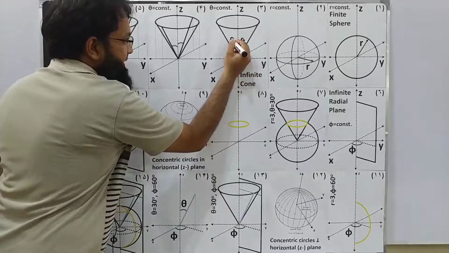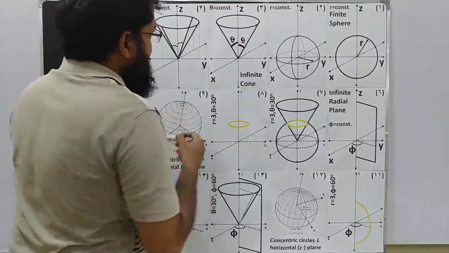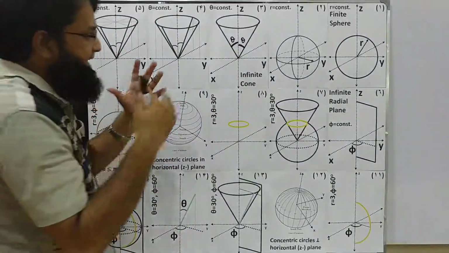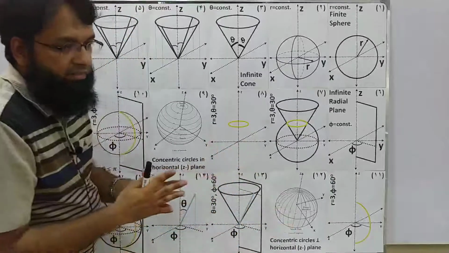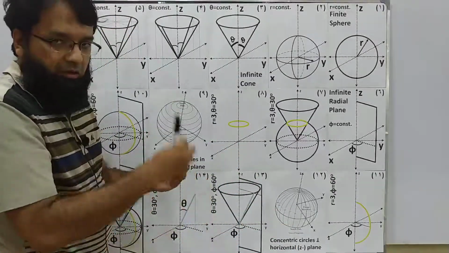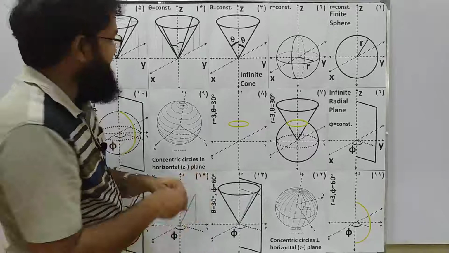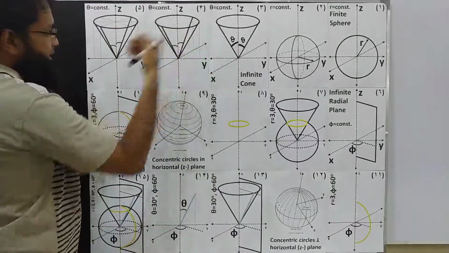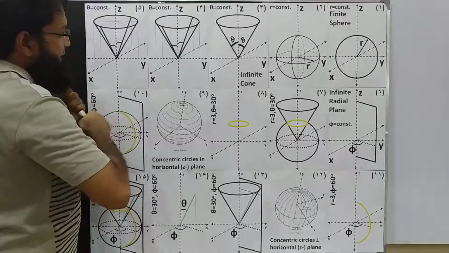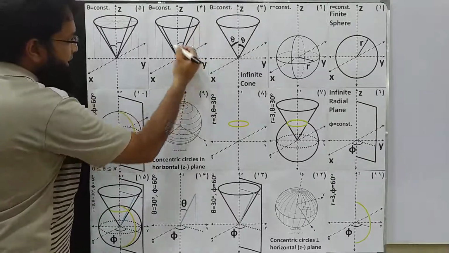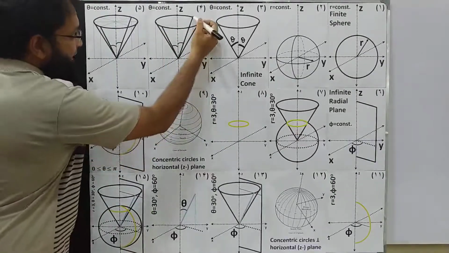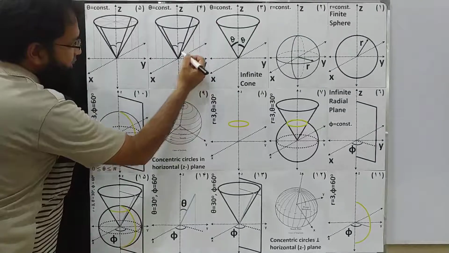There can be infinite lines which make a constant angle with respect to the Z axis. For instance, in this figure number 4, I've drawn two other lines, and this line is on